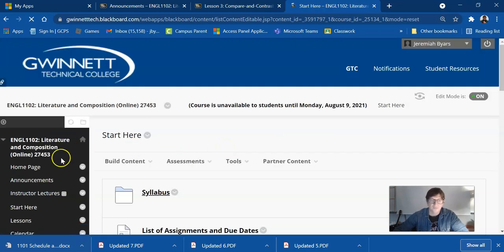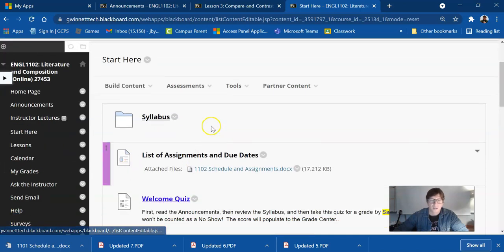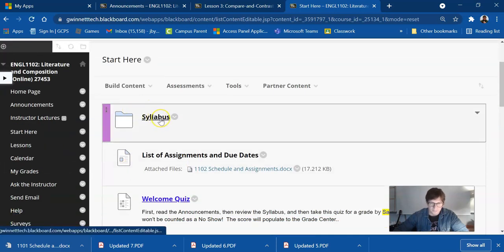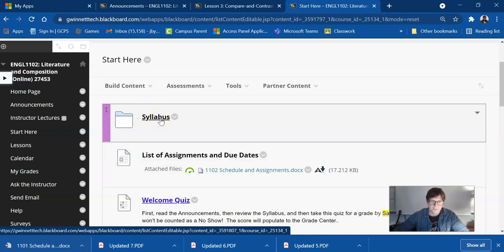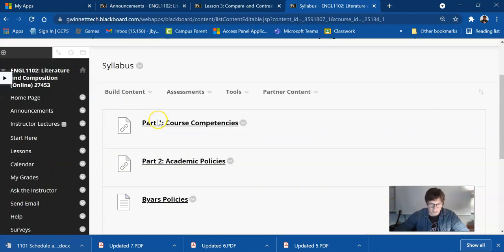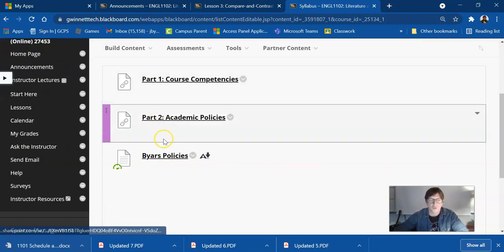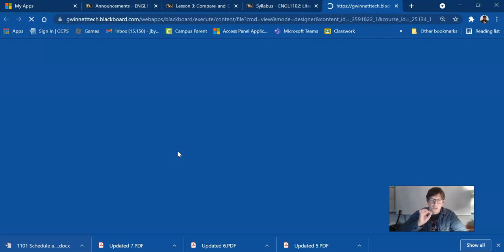For this week, click on Start here, and you can go to the syllabus. There's 3 parts to it. There's 2 parts that the school writes, and then there's my specific policies. Click on that and open it up.